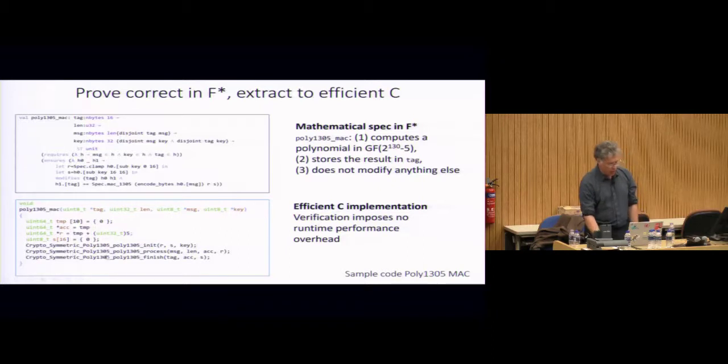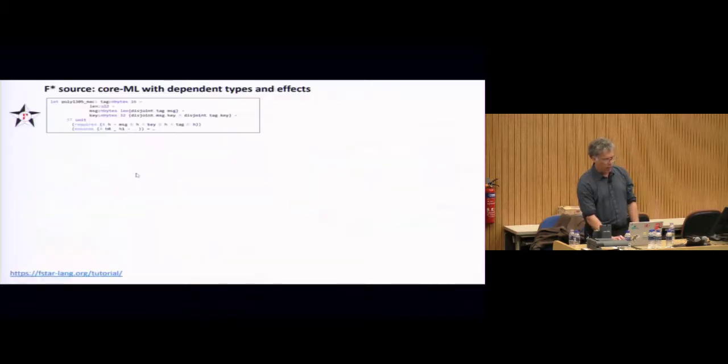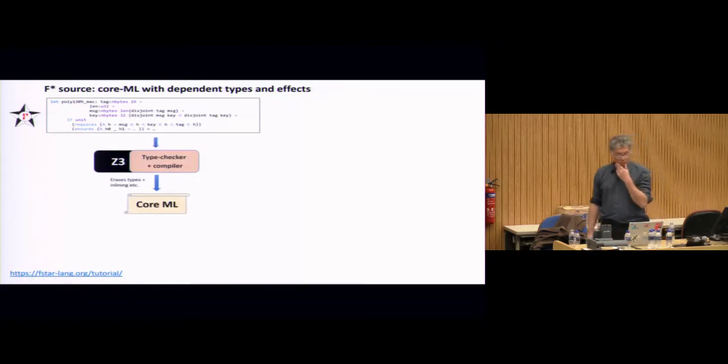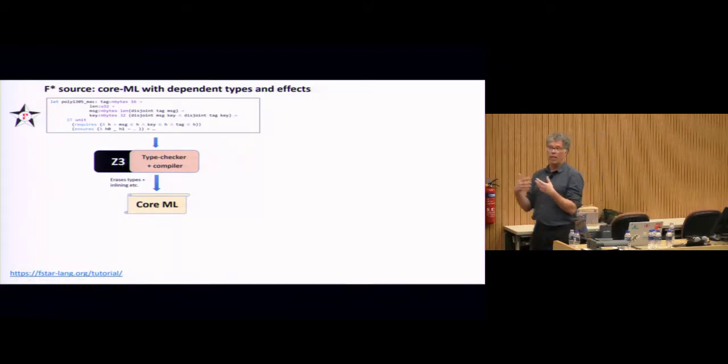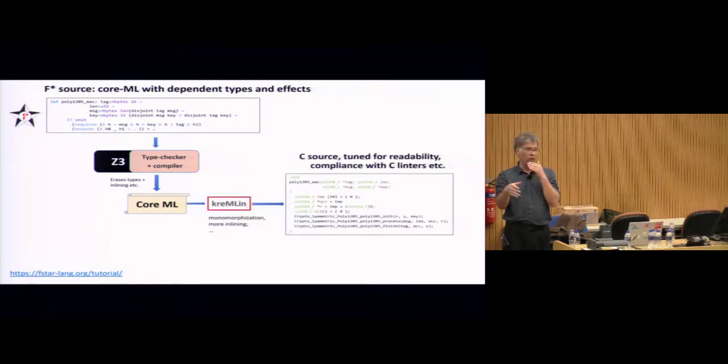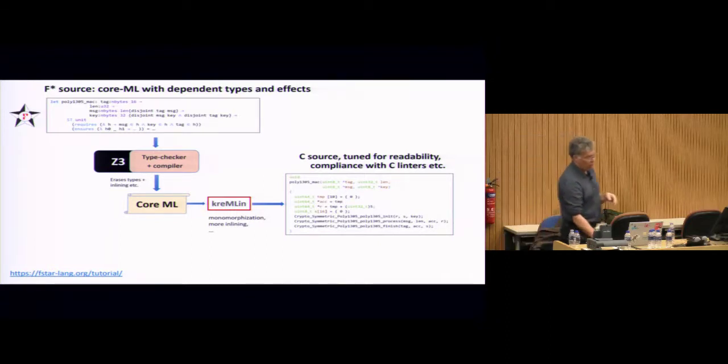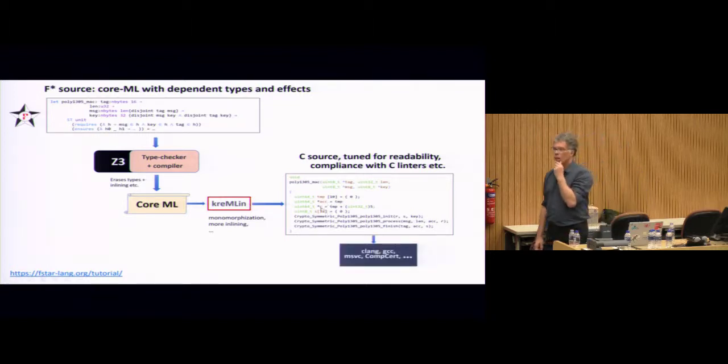This is the C code that we get out from the whole compiler chain, and this is what the compiler chain looks like. Type checking is actually a combination of classical type checking plus calls to Z3, because we need to reason about, say, the length of a buffer and constraints on that buffer and an index into the buffer. We're reasoning about arithmetic constraints. So the F-star compiler uses Z3, then it reduces its program to a smaller language. This is a classic compiler. And then it uses a second compiler called Kremlin that generates readable C code. So this is quite important.